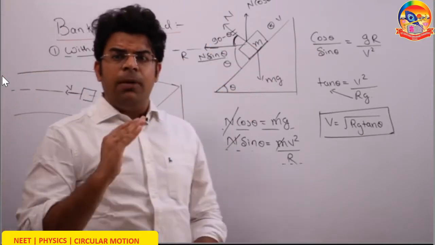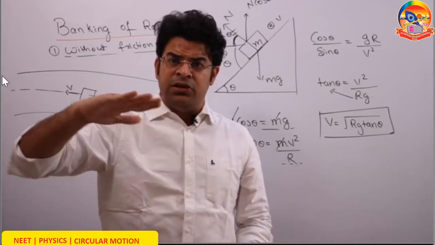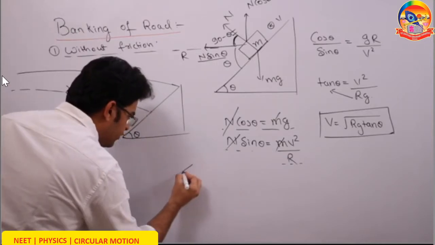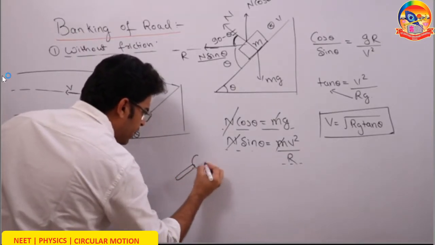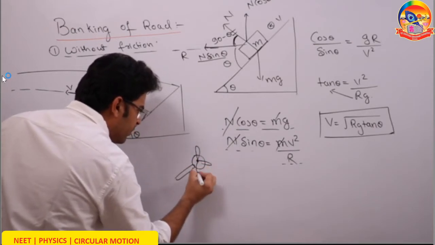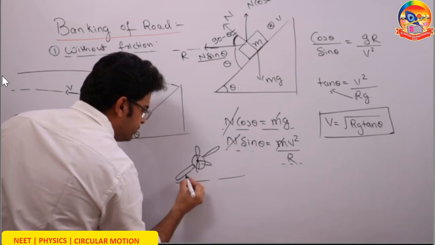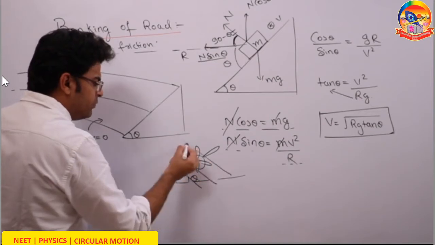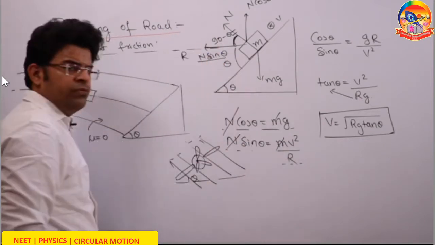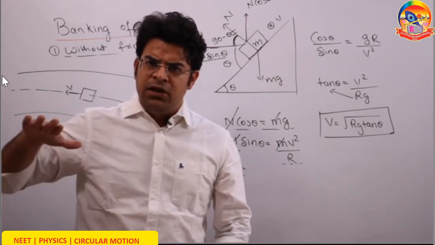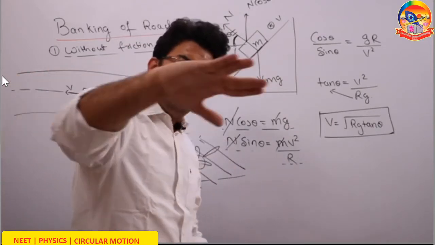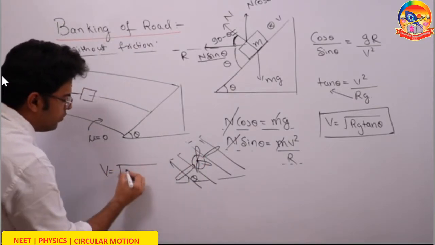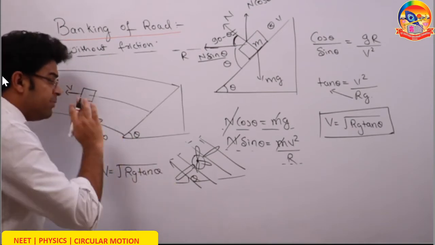Moreover, whenever a plane takes a turn, a plane also makes some angle with the horizontal. The same equations are formed there. So let's say this is the plane and we are looking at this plane from this side. If the plane makes some angle theta with the horizontal, the force of air, dynamic lift, must be acting this way, and the same equations get formed. If the plane makes some angle theta with the horizontal while taking a turn in a circle of radius r, then there also you can say that v has to be equal to under root of rg tan theta. The same equation comes.